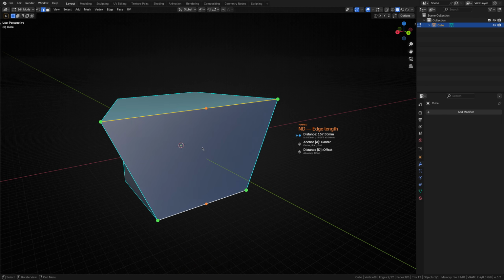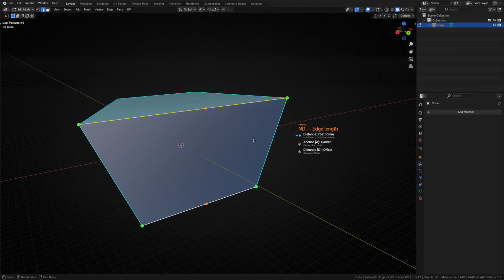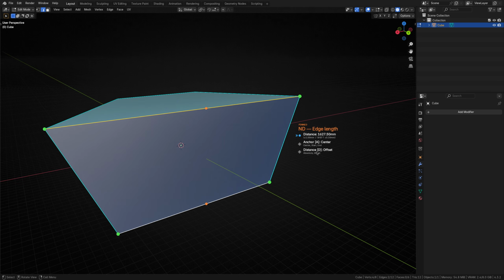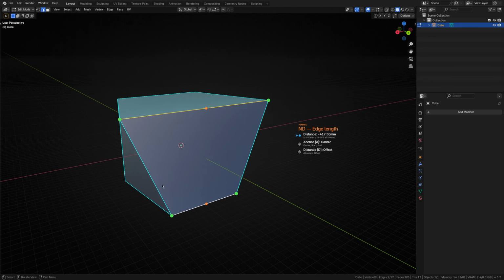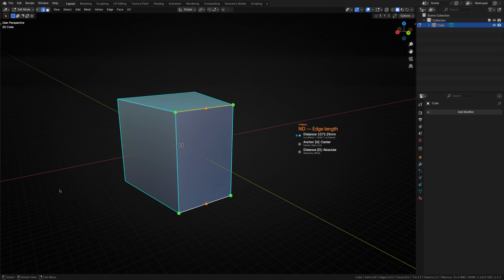Here you'll see a similar setup, except that we see multiple vertex and anchor dots, and the distance mode has been set to offset. However, the behavior is still the same, so adjusting the distance here offsets each edge's length by the specified distance. Hopefully you can see why offset mode is more valuable in this situation. However, absolute is still an option if you want to ensure that all selected edges are set to the exact same length.